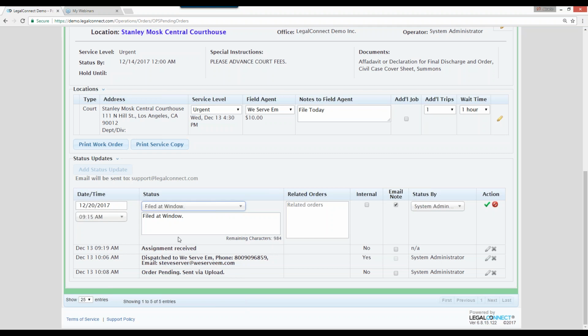Next, we have the related orders portion. This portion is primarily used for service of process order types, but by entering in the order number that belongs to the same customer and the same case, the status will be copied to that related order number entered. The internal button is to hide a status you don't want a customer or a vendor to see in